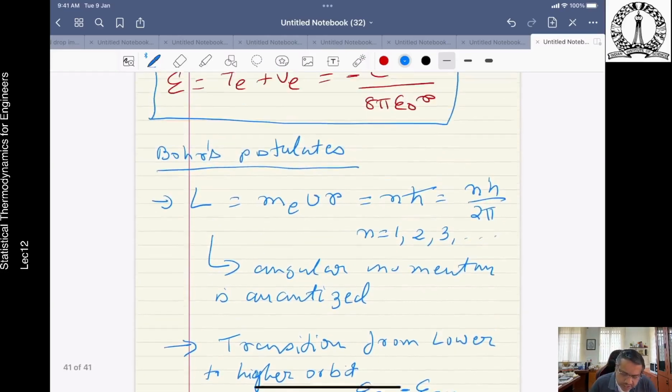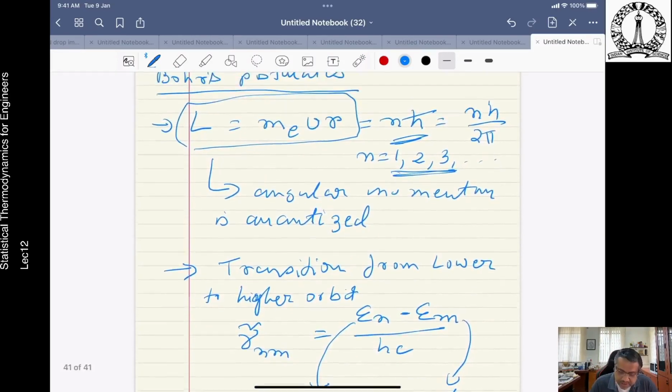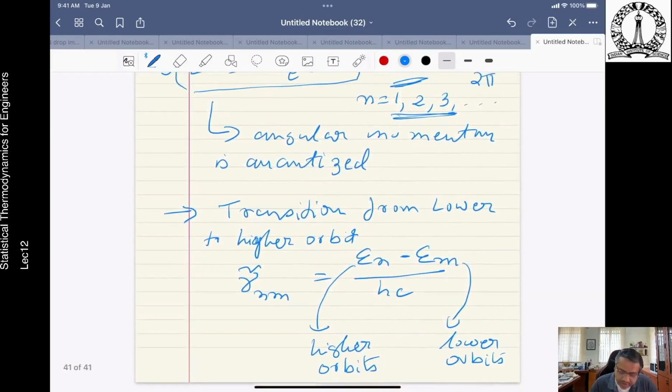So what did Bohr do apart from this? He said that the angular momentum is quantized, and it is given by this particular form, which is nh by 2 pi. n are integers, so naturally this is quantized. So this can have discrete values only. And transition from higher to lower orbit is given by this, which is nothing but the differential of energy. This is delta E basically. This is higher orbits, and these are the lower orbits. Okay. So armed with this,